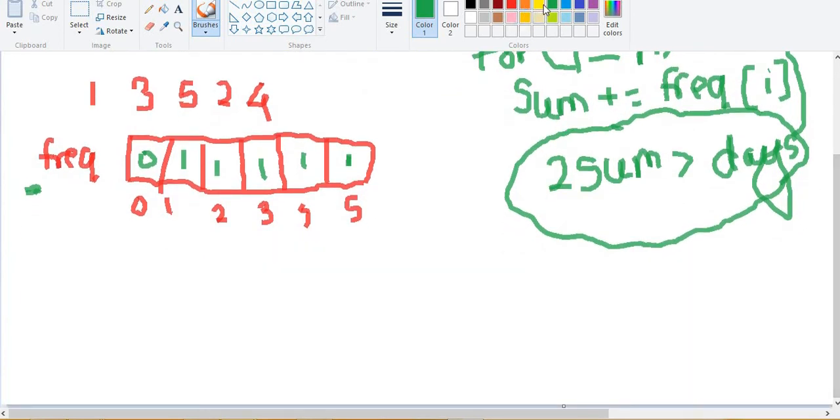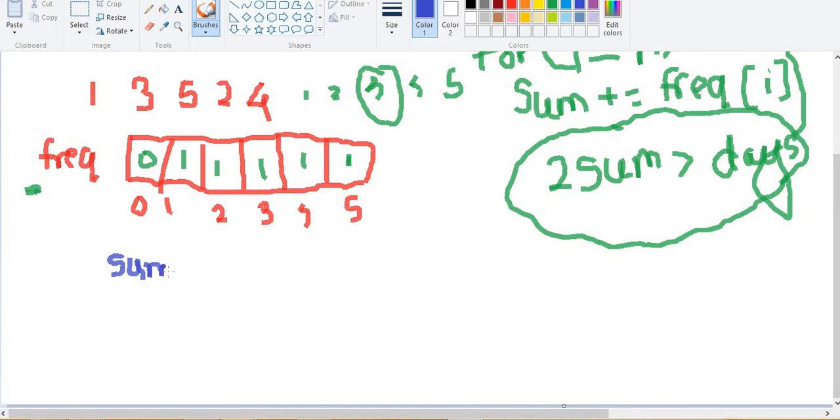So let's iterate through the array, and we'll understand. So what's happening here is for i is equal to 0. By generally seeing this, we can say that the median for this particular array needs to be, so it would be 1, 2, 3, 4, 5. So we know that the median should be 3. So let's check how we can get this median. So as I said earlier, if we are iterating through the loop, for i is equal to 0, sum would be 0. So we won't do anything.